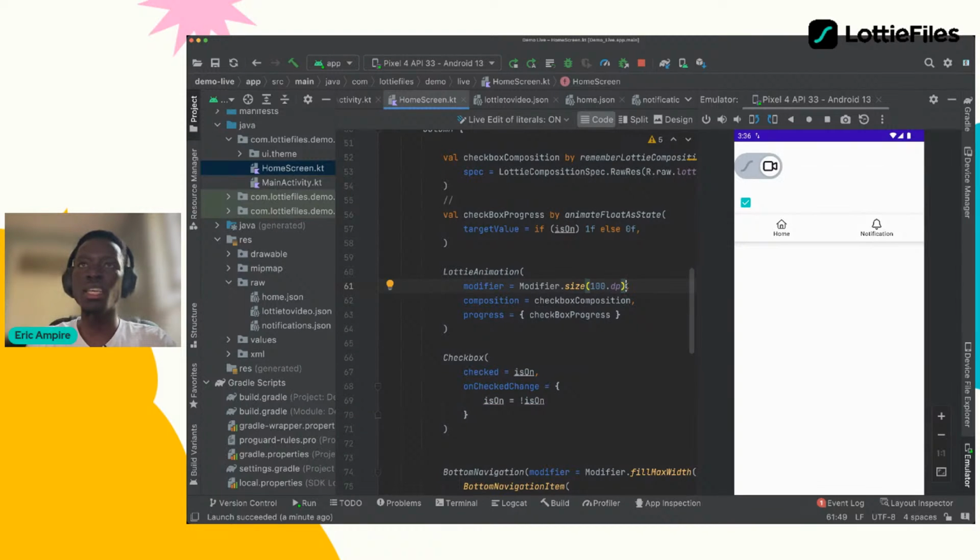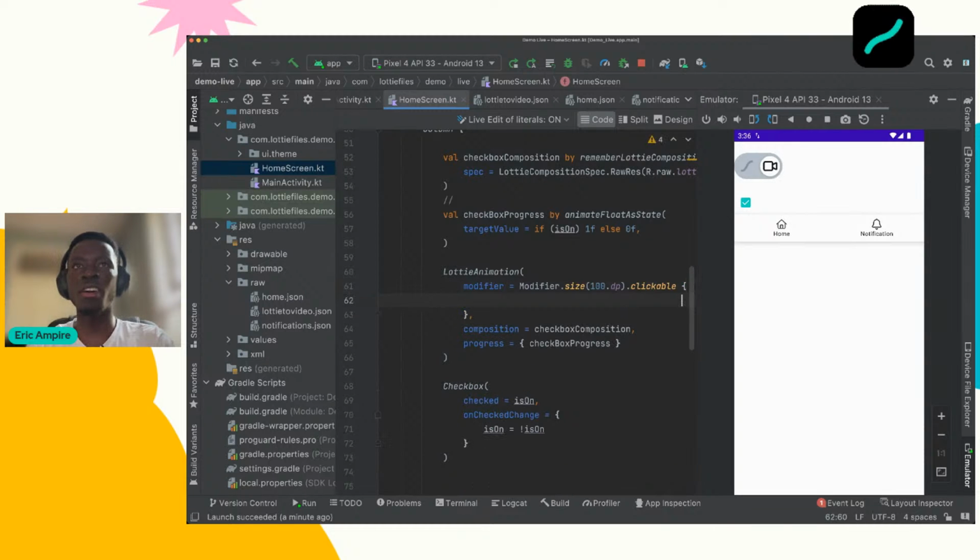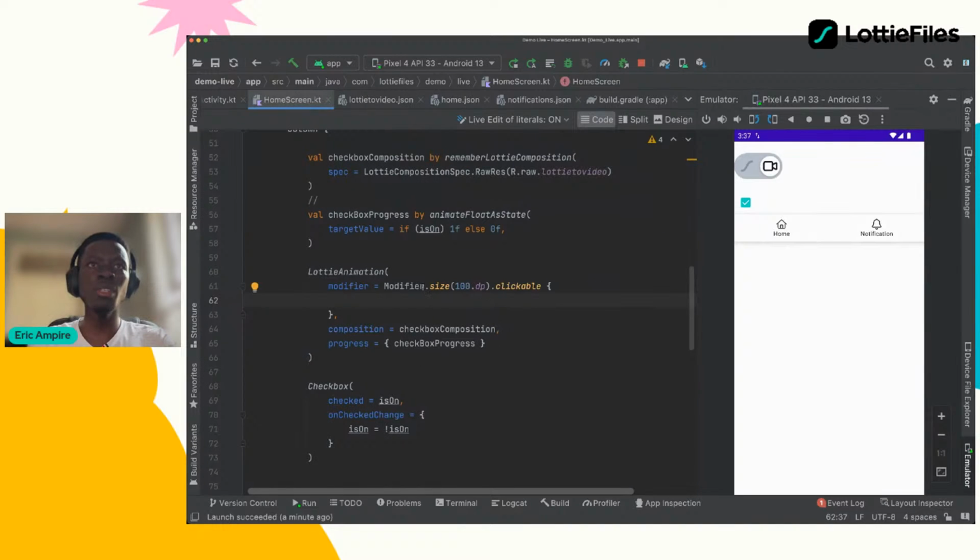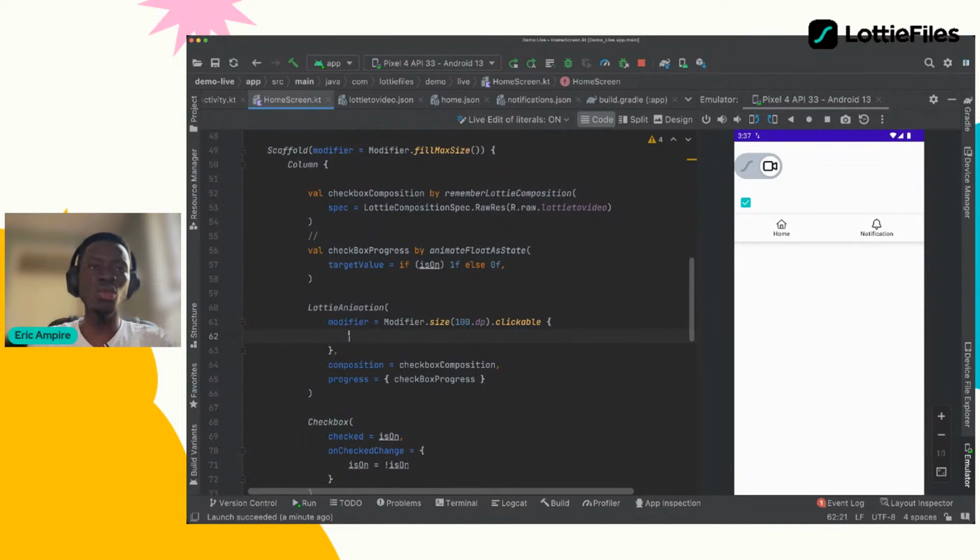In order to do that, if you are familiar with Jetpack Compose, the only thing that you need to do is to add a clickable variable to the modifier here. And what I need to do is, for example, if this variable is on, what I'm going